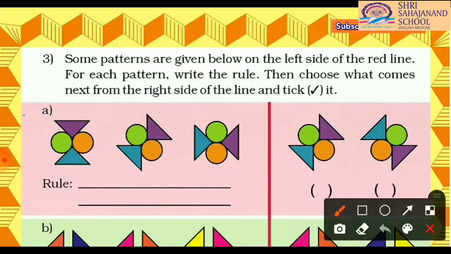Here we have question A and the pictures are here. Three pictures are here. In the first picture, two triangles are here and two circles. The first circle is green and the second is orange. In the next turn we can see that in the second picture, how many turns does it take?